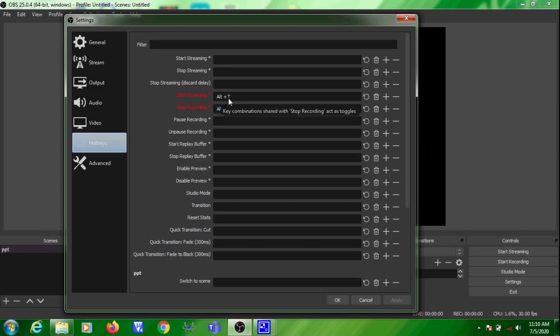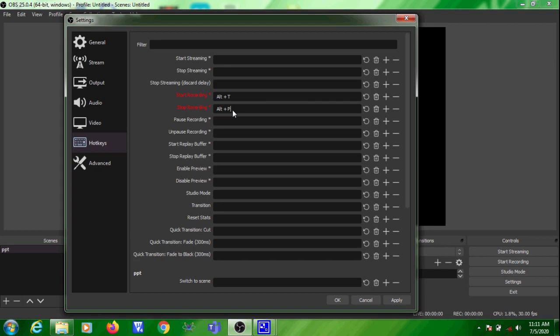So for configuring the hotkey, you can click on this text box. Then whichever hotkey combination you need, you can give. For time being, I am giving hotkey combination as Alt T. So first select this text box, then click on Alt plus T button in the keyboard. Similarly, click on stop recording. Again click Alt plus P button in the keyboard.